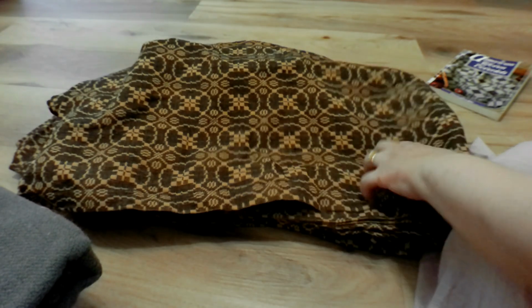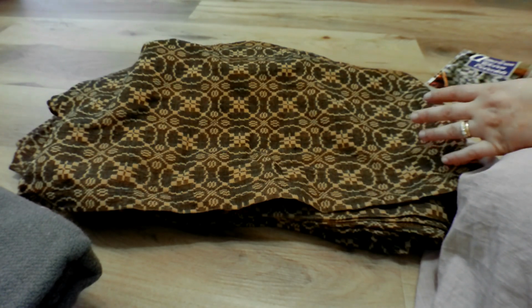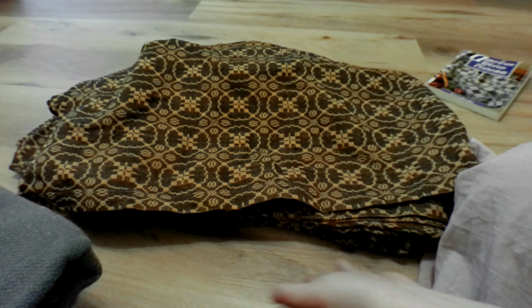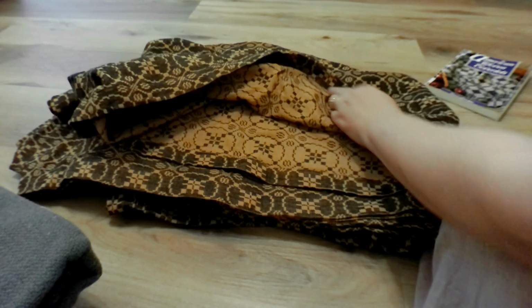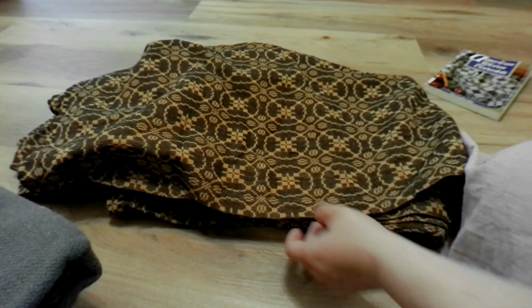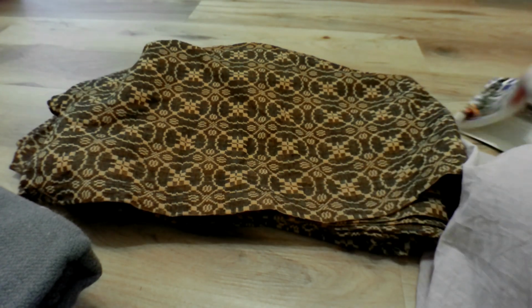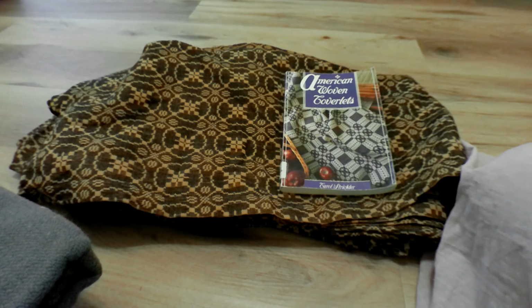And I don't think it really works well with the greens I have planned and all that. So I think we're going to forego the brown next time. But for right now, it's going to work for what it is. It is somewhat reversible as well if I wanted to show the brown side, but I'll probably end up showing the black side. Anyway, so talking about coverlets, let's go ahead and talk about the coverlet plans, even though